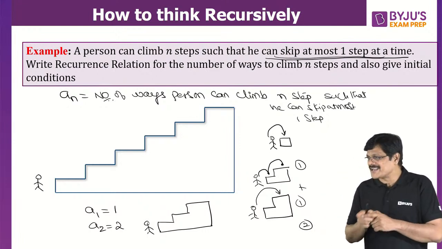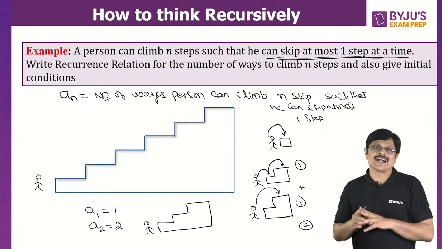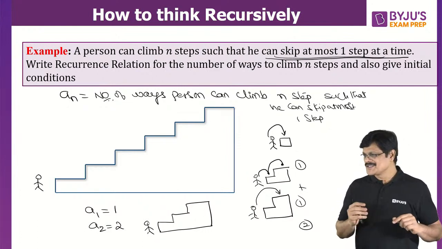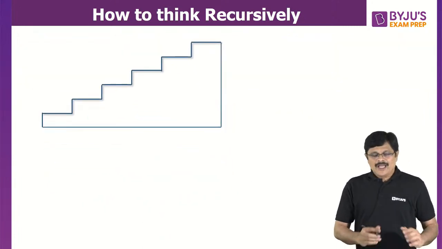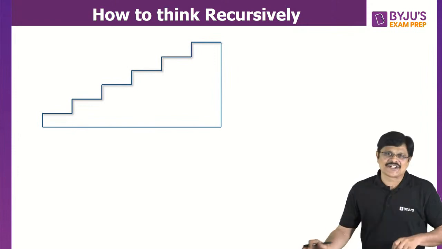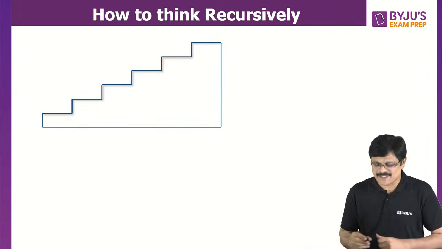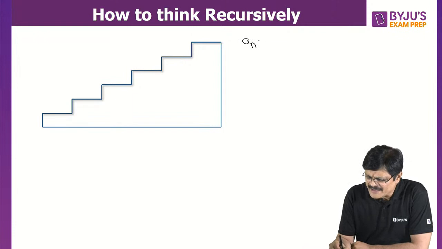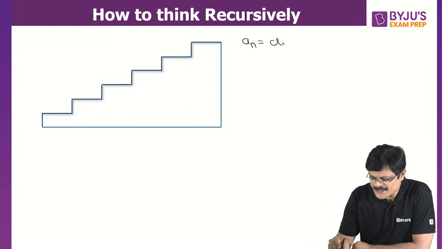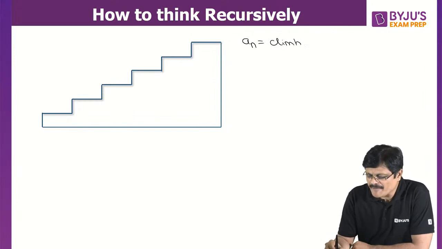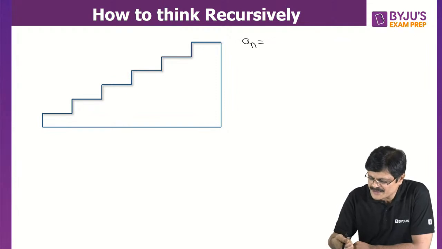Now I start writing recurrence relation. Okay. So let us see the recurrence relation for this. So we are having total n steps. Total how many steps? n steps. So I just use this a_n for number of ways to climb. I am not writing complete statement, simple statement I am writing. Number of ways to climb